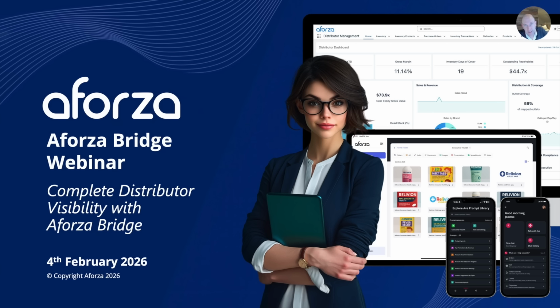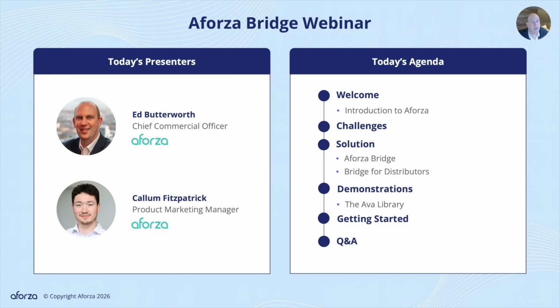So let's look quickly at today's agenda. Firstly, I'm going to talk about the challenges I see when working with clients in indirect markets in the context of data and visibility and control, all the things that really matter in helping them grow their share of the market and win. Then we're going to look at how Aforza Bridge addresses these challenges by connecting the data,